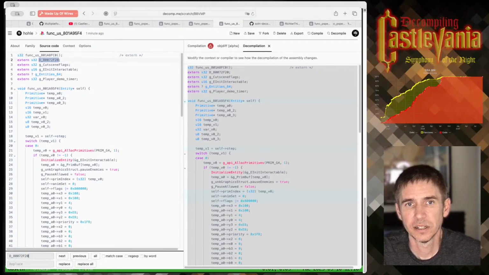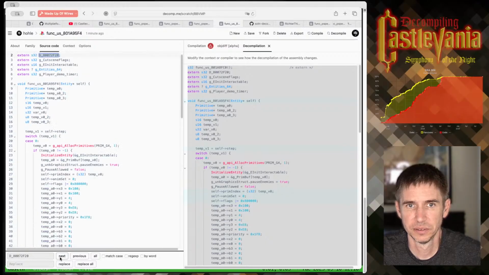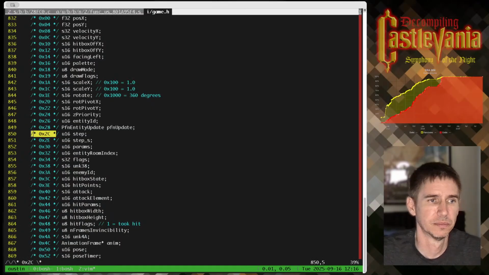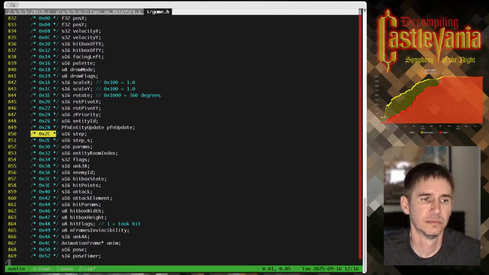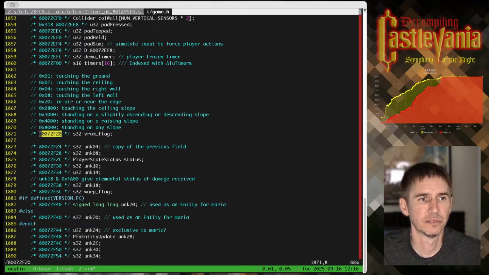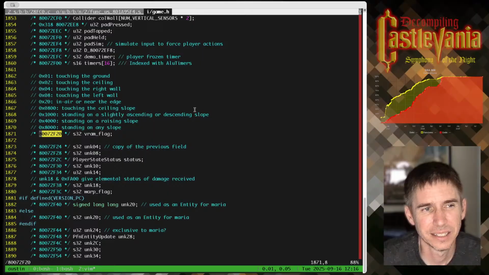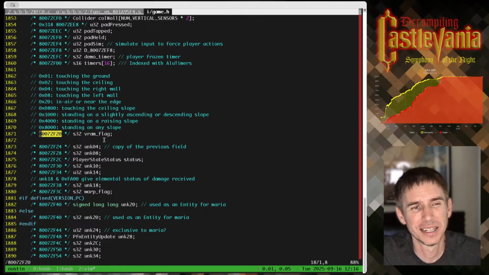We'll find our 72F20. I think that might be that same thing. Oh no, it's VRAM flag. This is an odd name, and it's used for lots of different things.